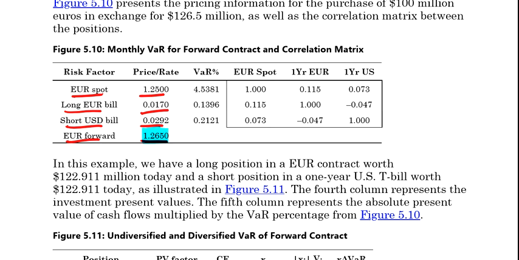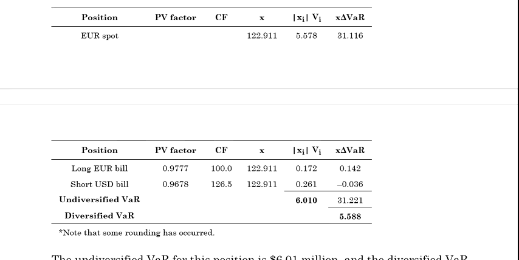Clear? Now understand, this is the value in future, means after 1 year. If I will take the present value of this, from 1 year, then how much it will be equal to? It will be equal to 122.91. Clear? So now understand that we are long on the euros, and we are short on the USD.